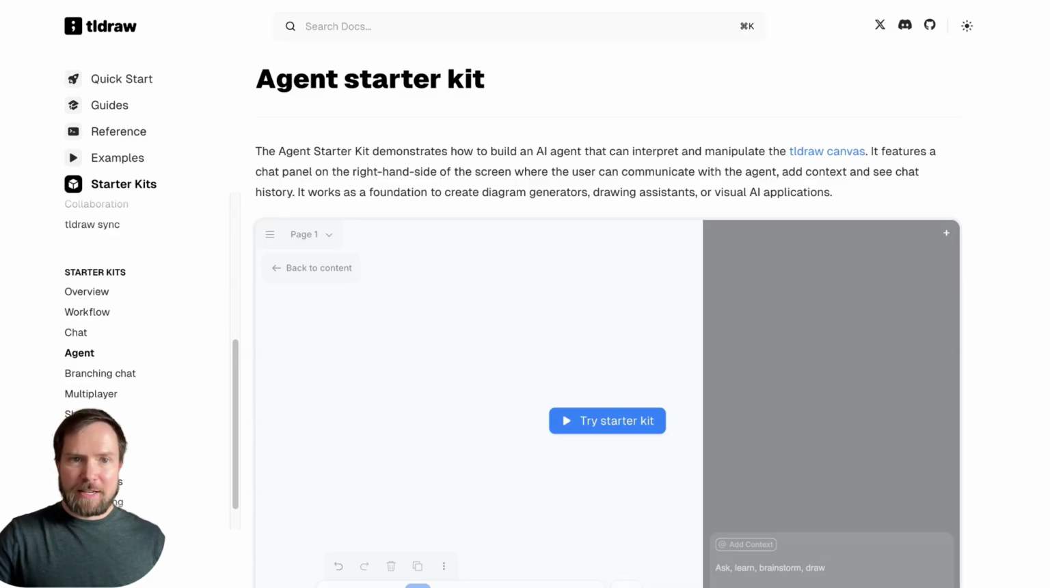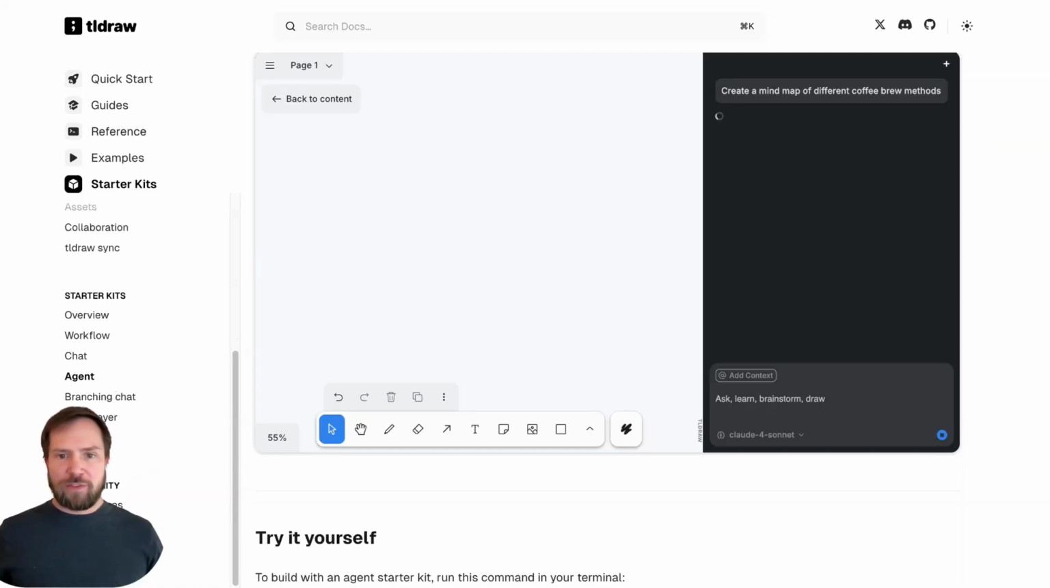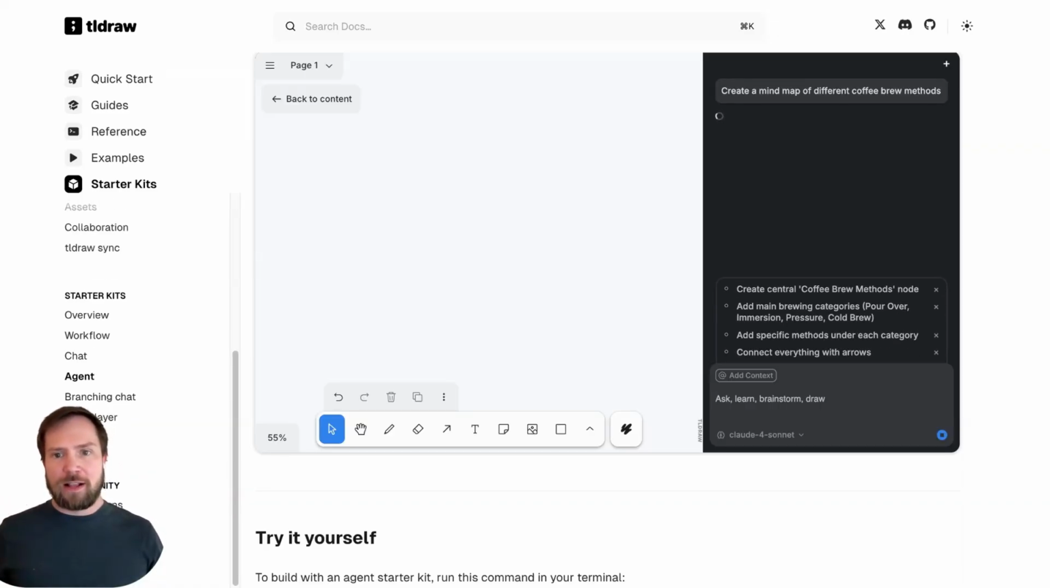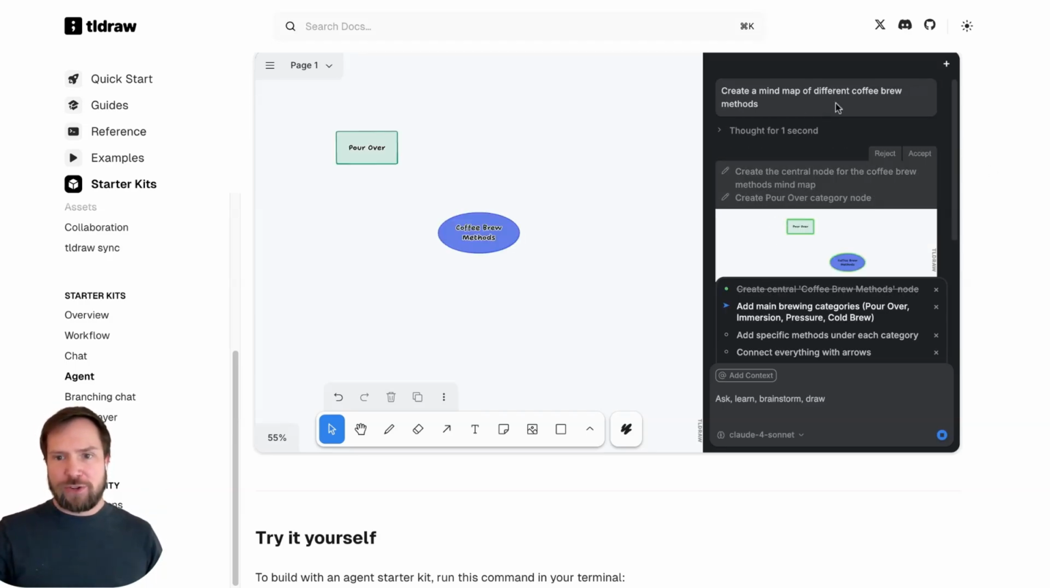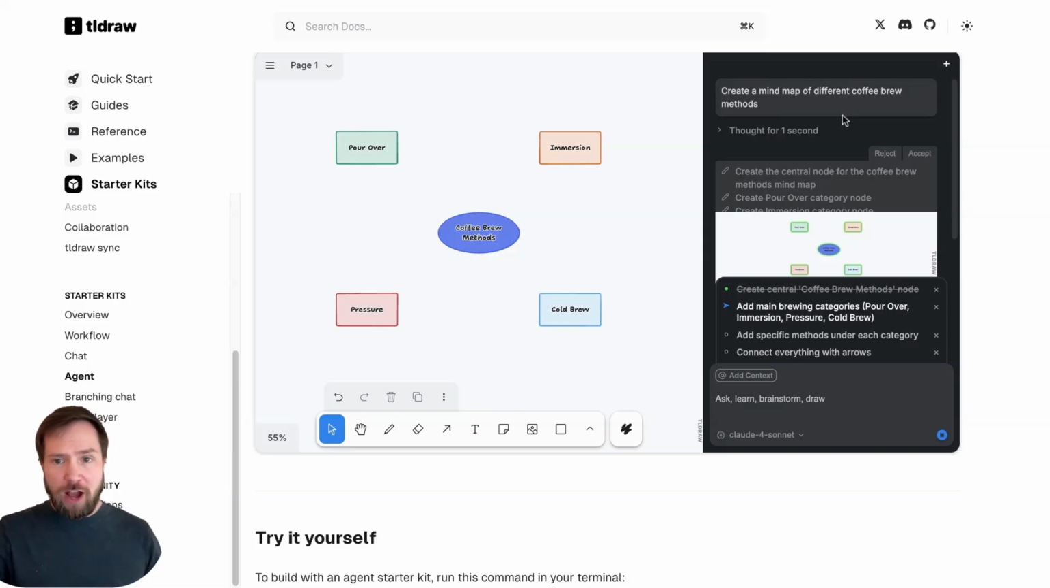You can access it at tldraw.dev/starterkits/agent. The agent starter kit provides you this sidebar that allows you to control the agent. It's very cursor-like. I just provided a prompt asking it to create a mind map of the different coffee brew